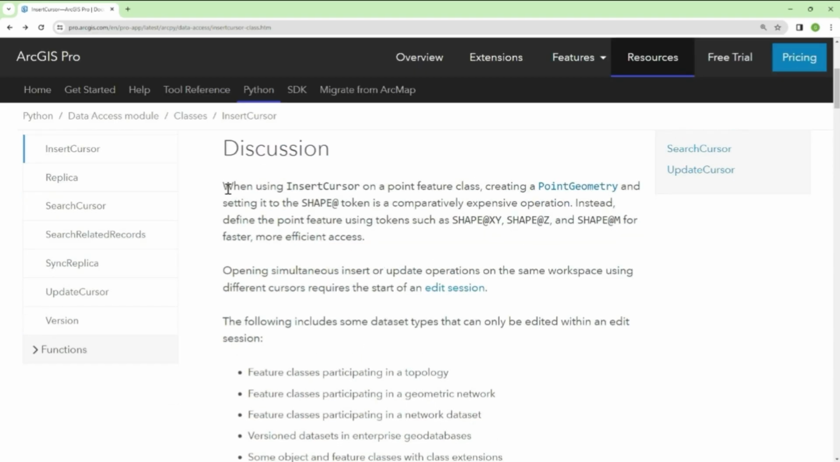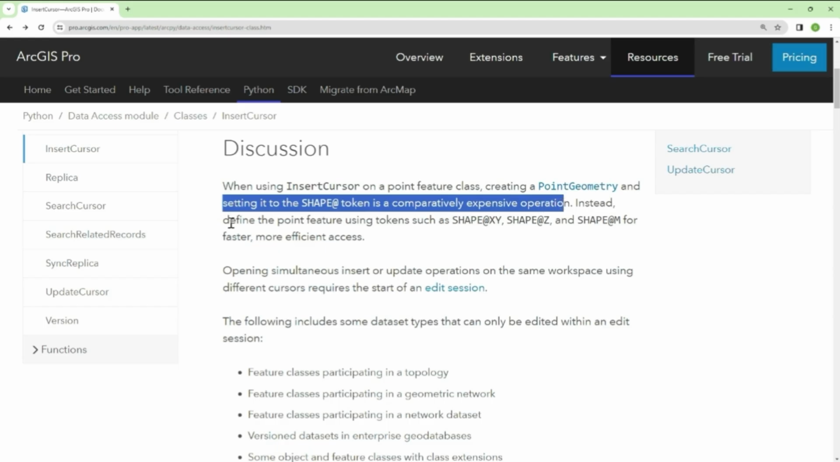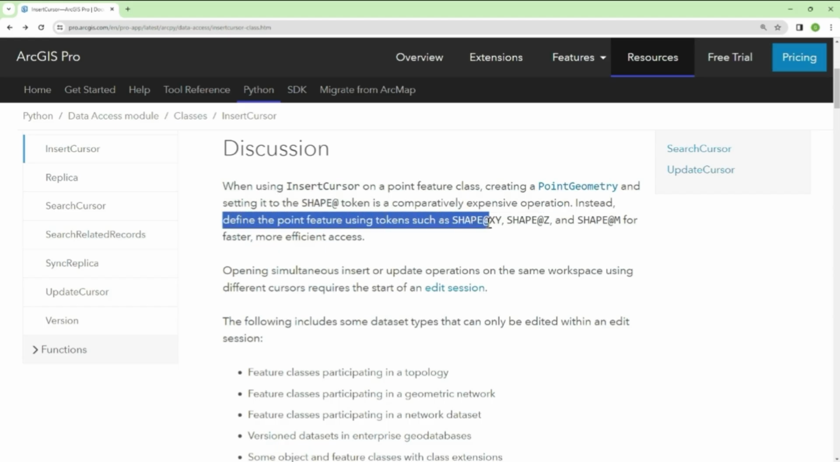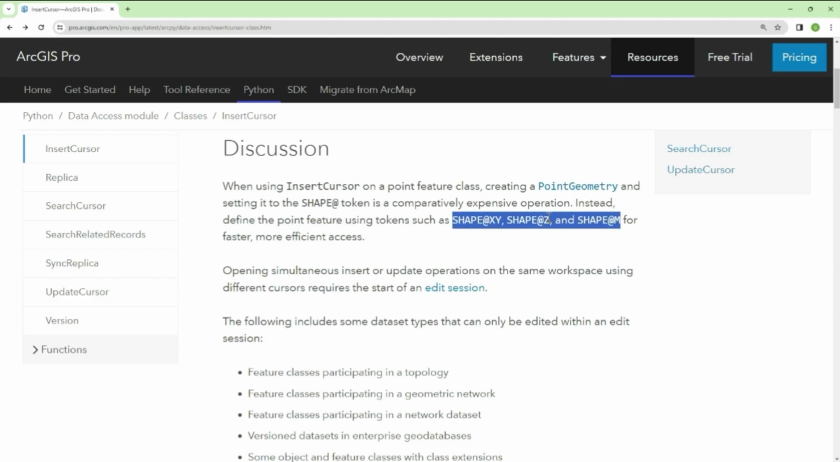There's some advice here that when using the insert cursor on a point feature class, creating a point geometry and setting it to the SHAPE@ token is very expensive in comparison to just defining the point feature using tokens such as SHAPE@XY, SHAPE@Z and SHAPE@M for examples. Using these tokens provides faster, more efficient access to use the insert cursor to add new records. In this section, we will use point geometry and the SHAPE@ token, along with adding a point using the